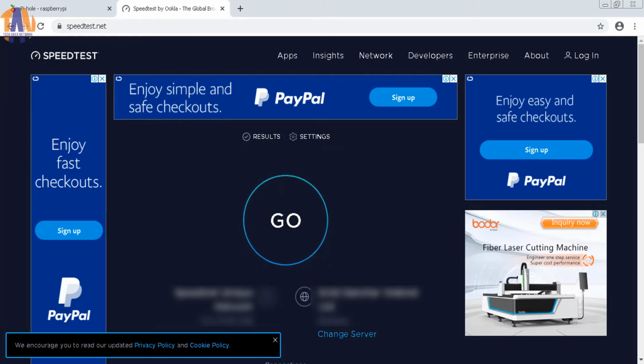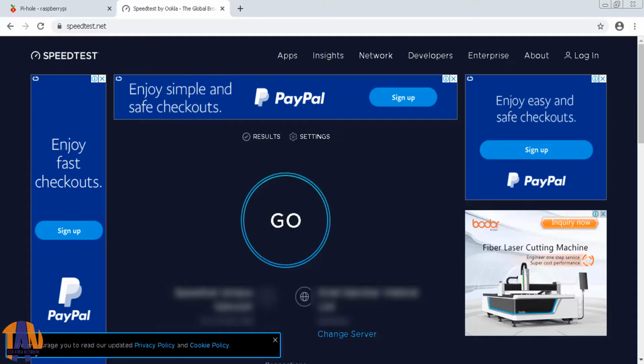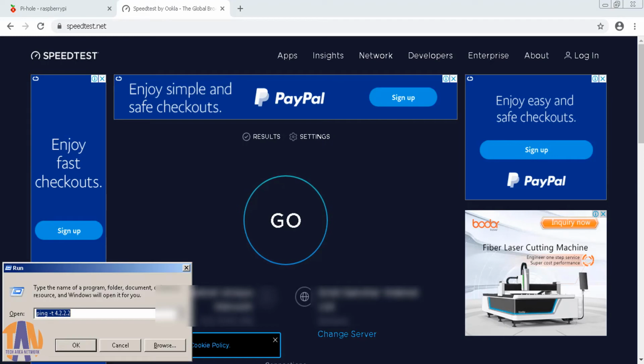You have two options here. Number one is go to your router's DHCP configuration and put the Raspberry Pi's IP address as the DNS server. Some home routers do not support this operation. In that case, you have to edit the DNS configuration in all the available devices in your network. I will show you that on my laptop and on an Android smartphone. Let's start with the laptop.